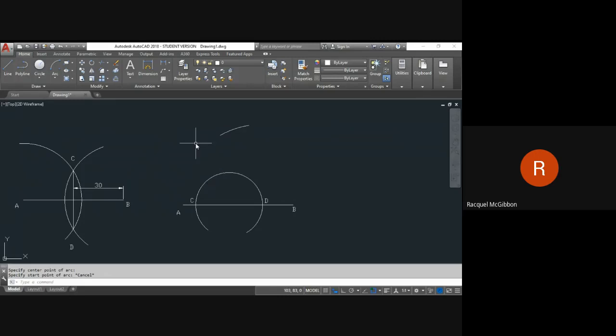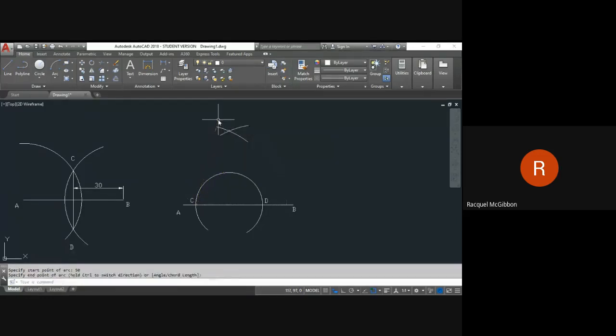What you can do to check is just click on the arc, over any of the grips, and you'll be able to see the radius. And as you can see, I used a radius of 50, not 60. So, to create my second arc, center being C, radius 50,